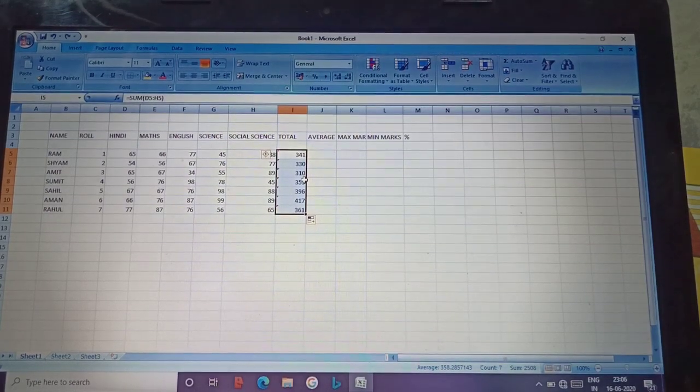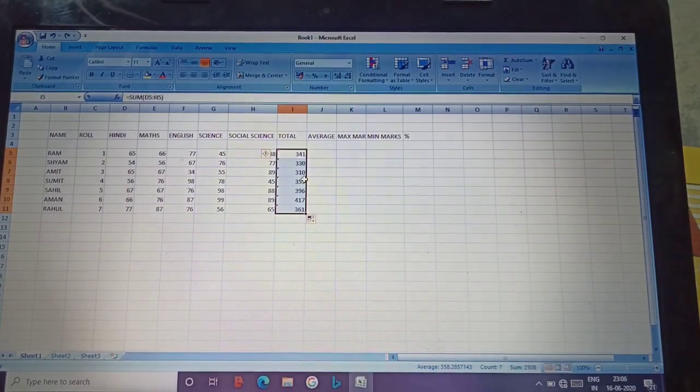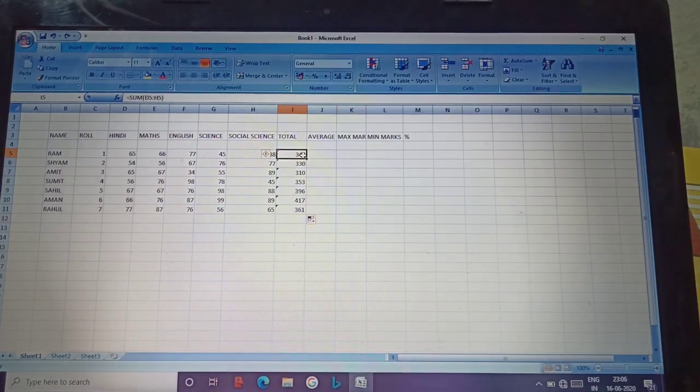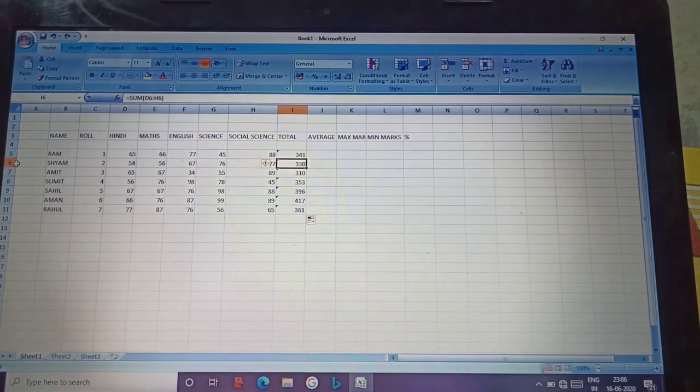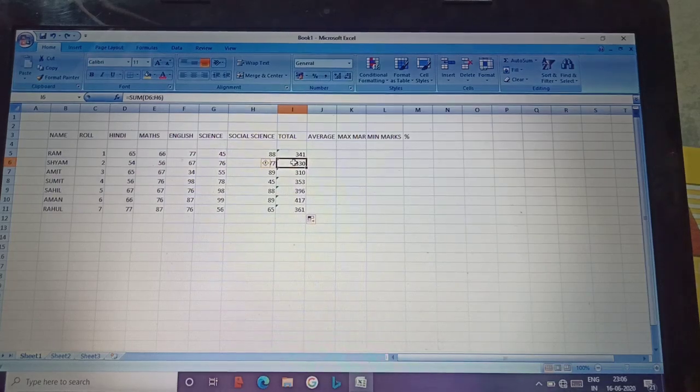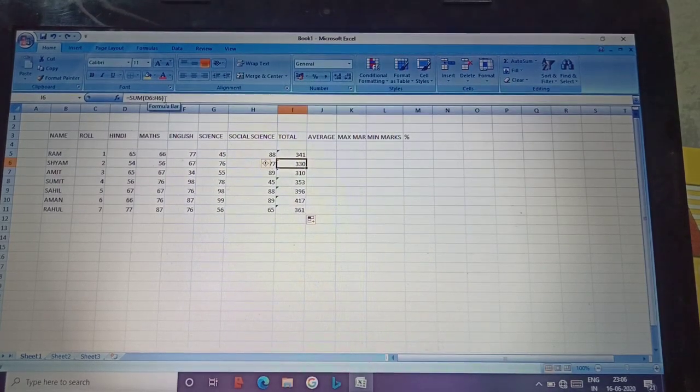For example, for Ram the cell reference is D5 to H5, and for Syam this will automatically become D6 to H6, because Syam belongs to the sixth row. That's why all the cells will have the sixth row number.